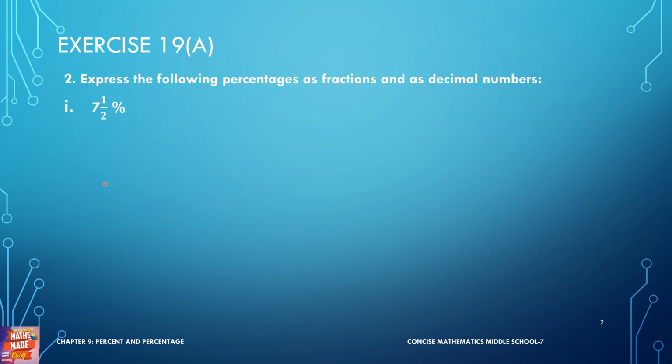Here they have given it in a mixed fraction, right? The percentage is in mixed fraction, and this mixed fraction we are going to change as a fraction as well as a decimal number. In both you have to change it, and it's not "or", right? So since they have given "and", we are going to convert it into two forms, that is fraction as well